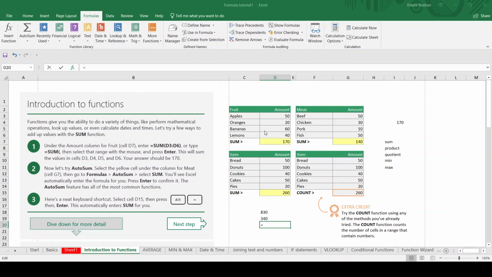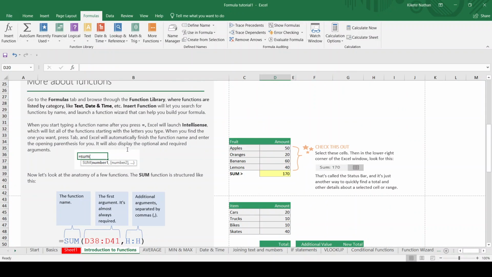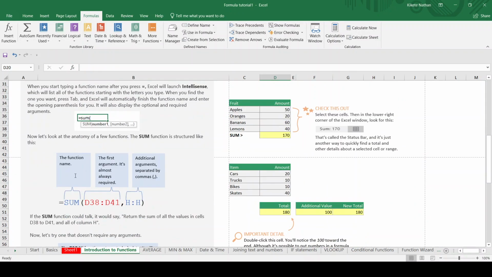All the functions take the same format: a function has an equal sign, then the function name, then the first argument is almost always required, and then additional arguments which are separated by commas. When you are dealing with sum, you have those arguments following that sequence, and when you are dealing with the product, it follows the same sequence, and all other